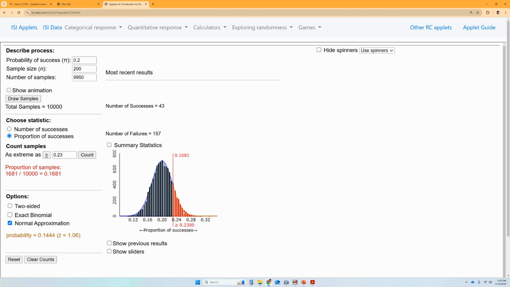But if I can't simulate, if all I've got is this curve and I know what the curve looks like, I can answer that same question by trying to figure out how much area is under the curve. One of the things about probability distributions is that the area underneath them forever is 1. Always. And so finding the area under the curve would essentially give me what percent of the time I would get something that's at least